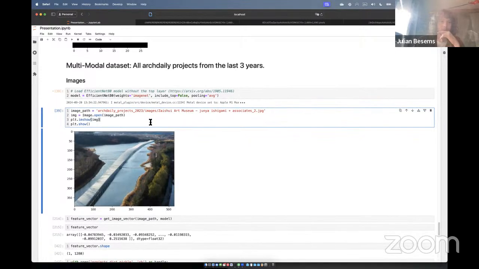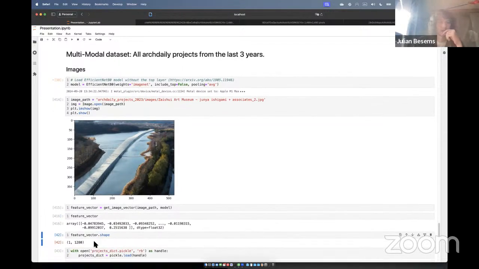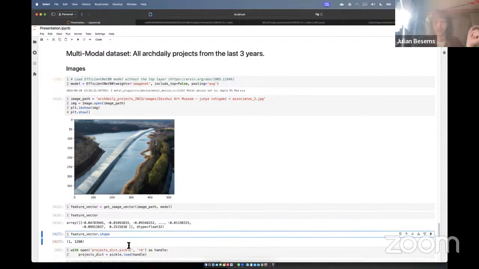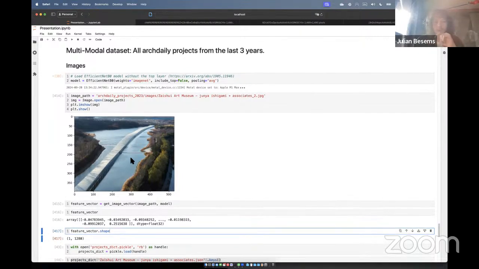So we take this image, take the feature vector, and we get an array of values with a shape of 1,280 dimensions. So we get a really long list of values which represents what's going on in this image according to the large pre-trained data set of that model.